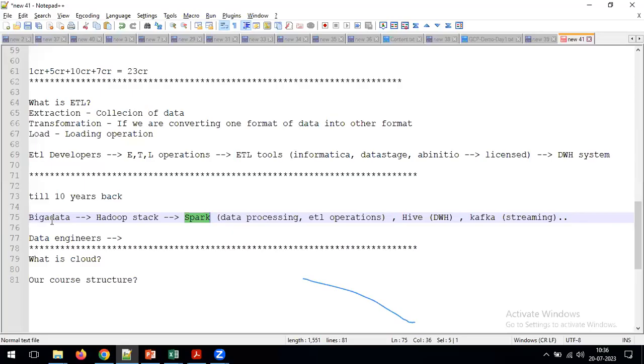Indirectly, if you want to understand the storage information, how much data we are going to store and how we are going to store it, you need to understand our big data architecture: what is the cluster, what is the name node, what is the data node. By understanding all those things, you can understand how much data we can store in our big data system.